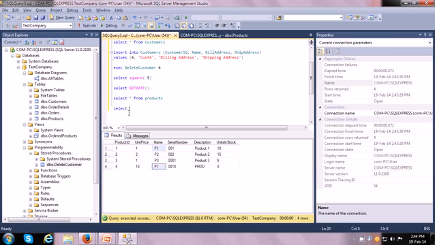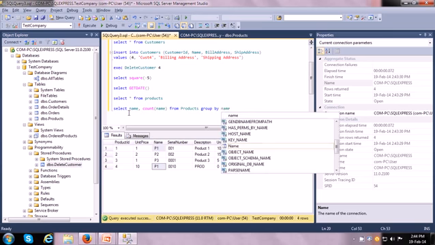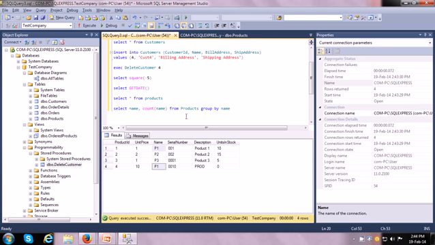So I can write a query something like this: select name comma count of name from products group by name. So what we want to do is group by the name column value. It is going to find out what the unique name values in this table are, and it's going to tell us what that value is and how many times it appears.